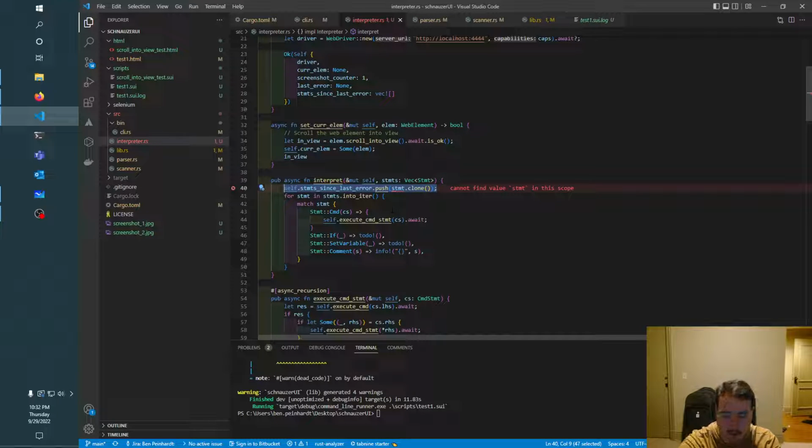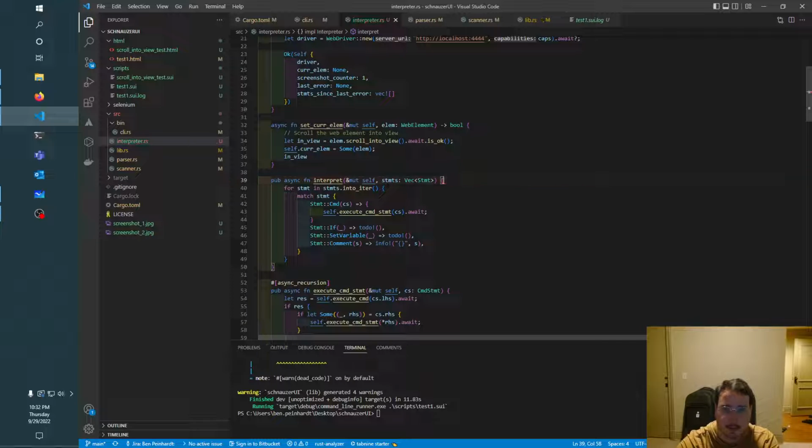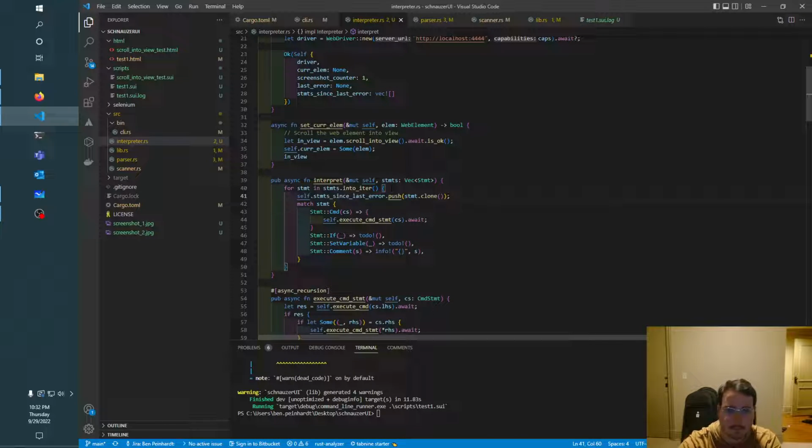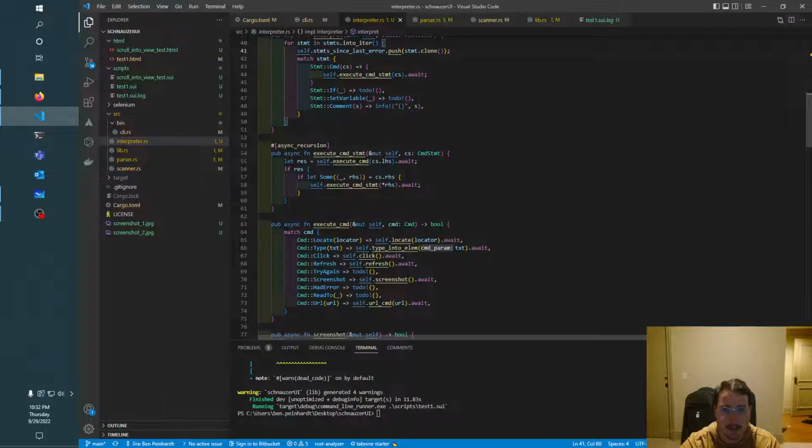We want to do that here, and then we go execute some statements, right? And then an execute command statement result equal execute command statement. So if the command statement returns,